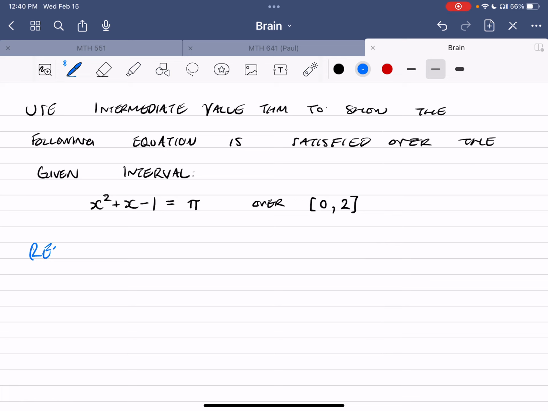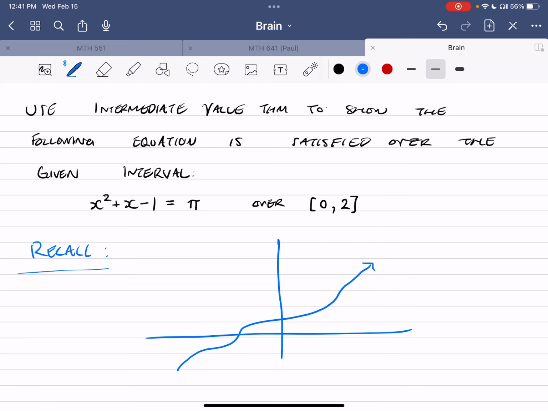Recall, if you don't know it exactly word for word, that's totally fine. You just kind of need the picture. So that's what I'm going to do here. I'm going to draw a picture. Intermediate value theorem says that if we have some value